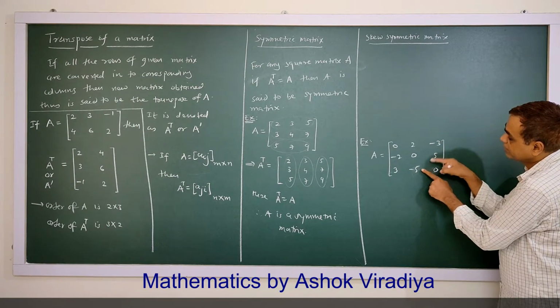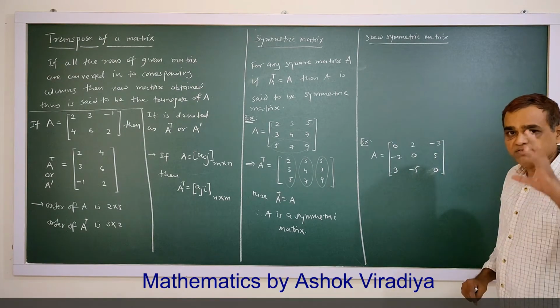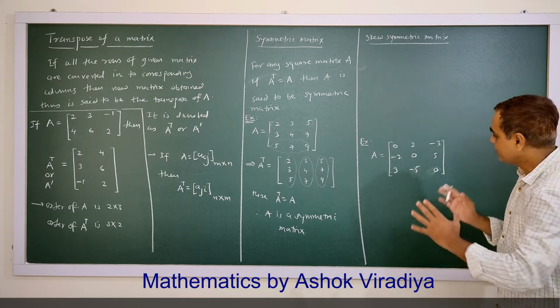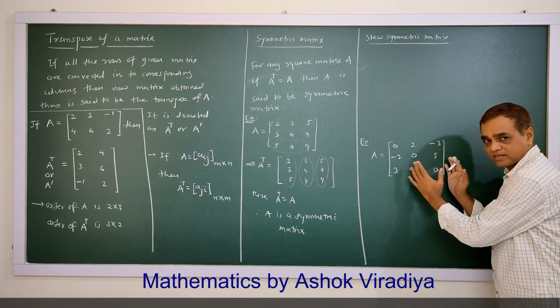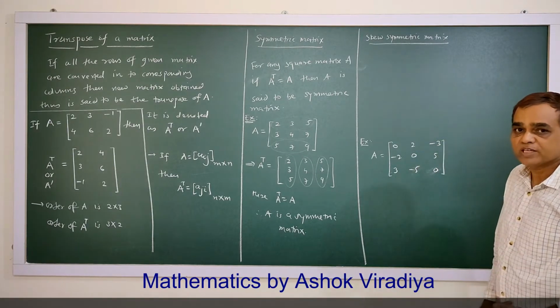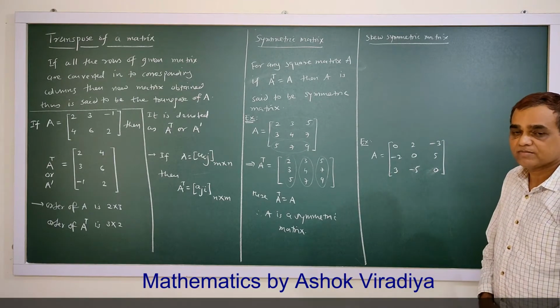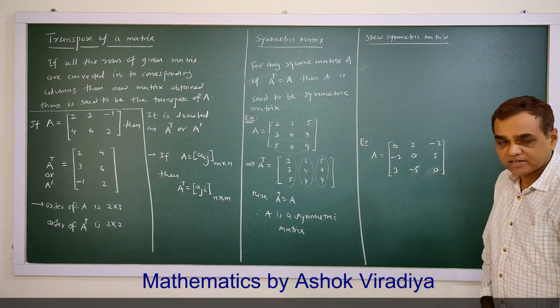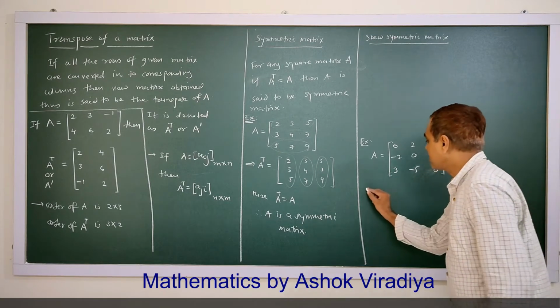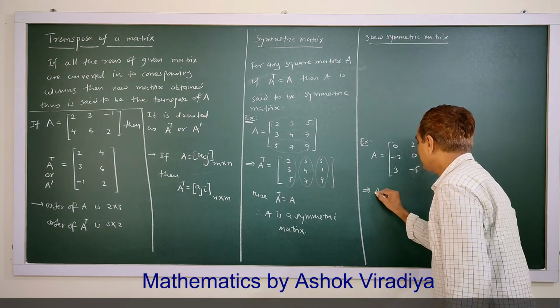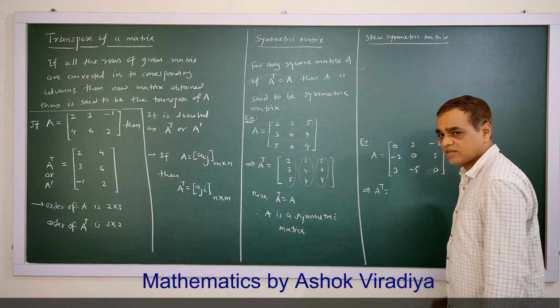Say here, these are opposite numbers. So if you find an arrangement of numbers like this, then such a matrix is said to be a skew symmetric matrix. Say here, what will happen? If I take its transpose, if I take the transpose of this matrix, then